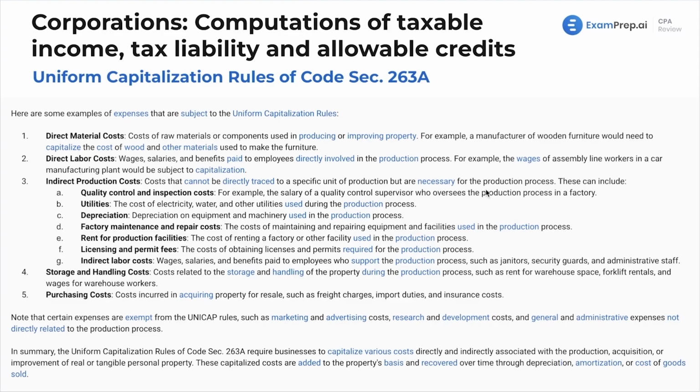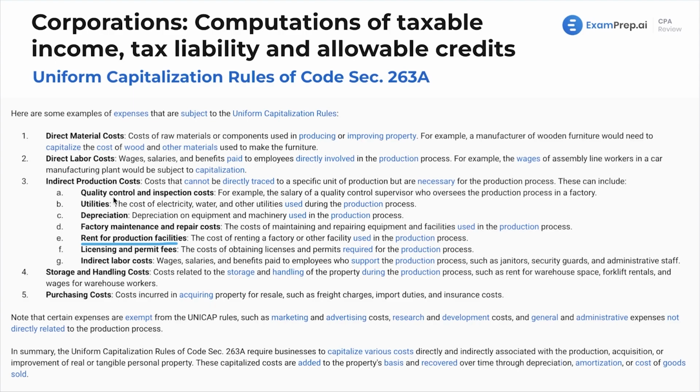I'm not going to go through and read the descriptions of them. Feel free to do it if you like. But again, these are costs. I may have a question that says which needs to be capitalized, and maybe, let's say, rent for production facilities is there. And then you've got a few other ones like accounting fees or, basically anything that's not included here. A simple memorization of these items would have to be subject to the Uniform Capitalization Rules. Anything else on here does not.